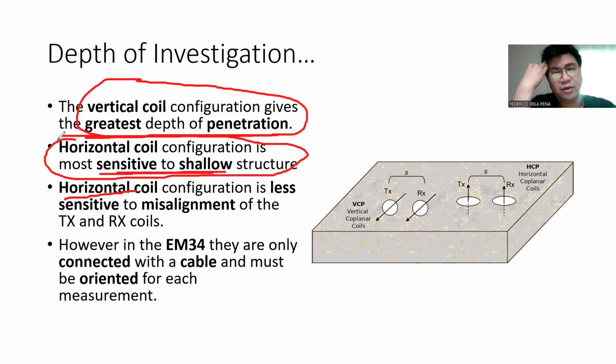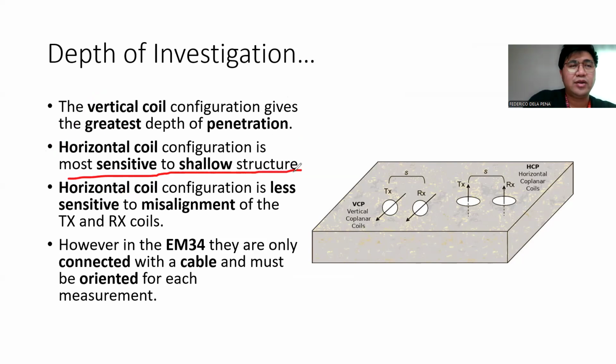or for engineering purposes. Normally in engineering, whenever we do construction, the worst thing you can do is to hit a buried electrical line or a buried pipe. Okay. So it's one of the things you want to avoid when you're constructing anything. Yeah, so that's maybe one of the importance of doing EM on a shallow configuration.